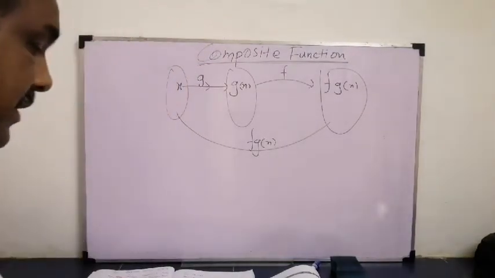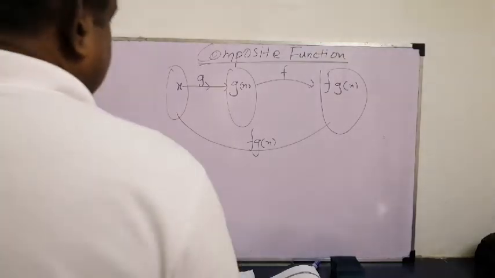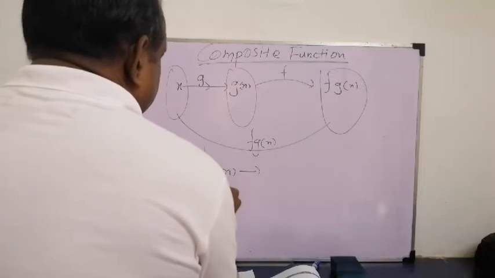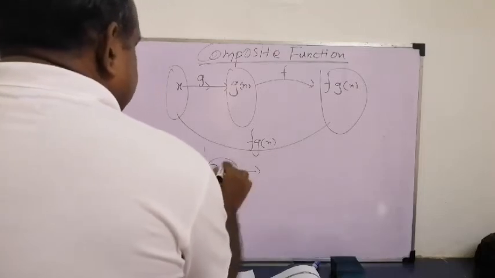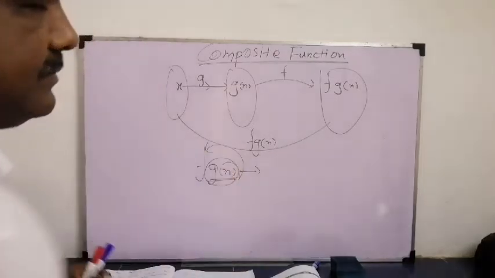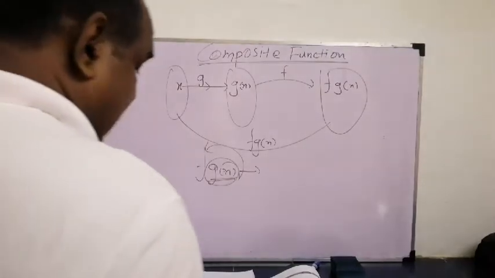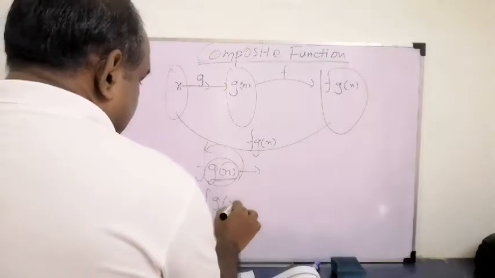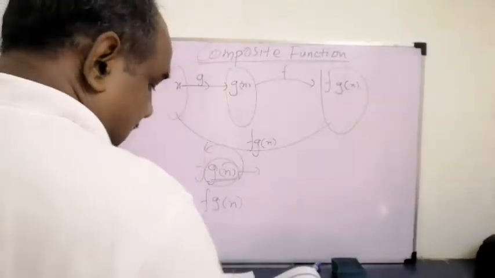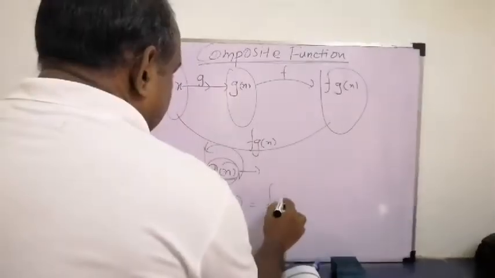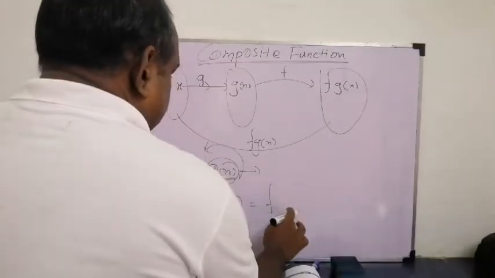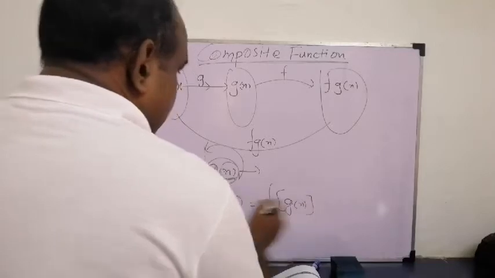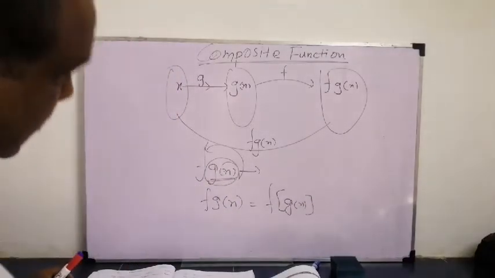f into g(x) means apply g first. First we apply g(x), and g(x) is the x for the function f. Another thing that is most important and confusing: f into g(x) is equal to f of the bracket g into x. This is equal to this, but